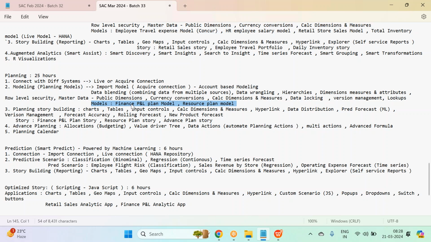Here you can do all kinds of data distributions, meaning the planner can come and change the values. He can do top down distribution, bottom up distribution. I'll speak about it later: what is top down planning, bottom up planning, etc. And we can do some kind of predictive forecasting, predictive planning, guys, especially